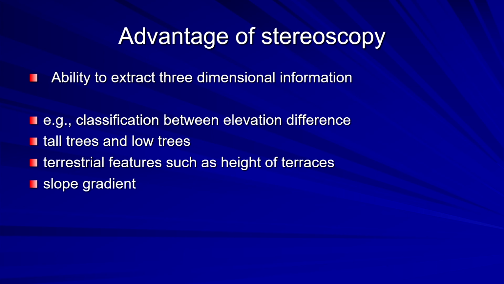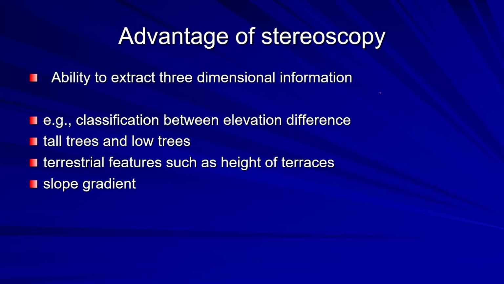You can also extract the slope gradient, but with the help of stereo photos you will have to generate the DEM, or you can say DSM, that is digital elevation model and digital surface model, and this will help